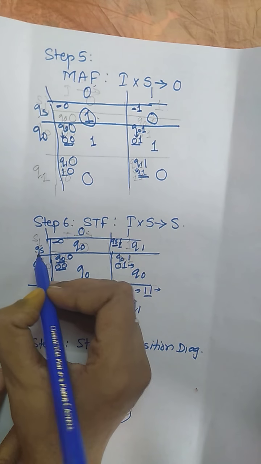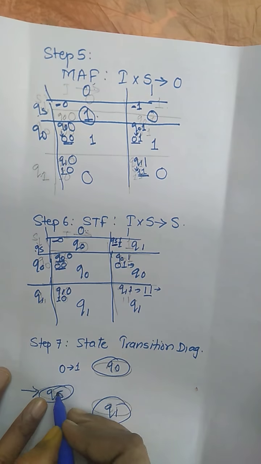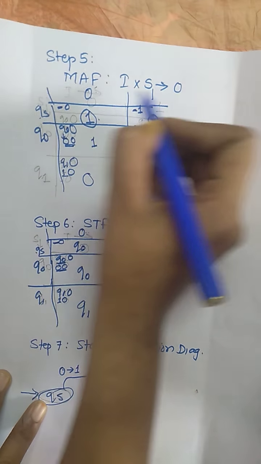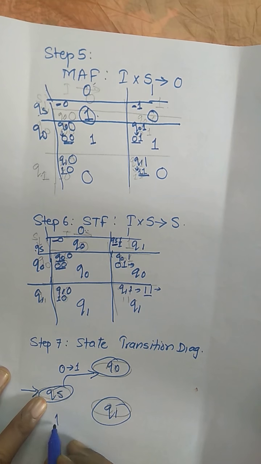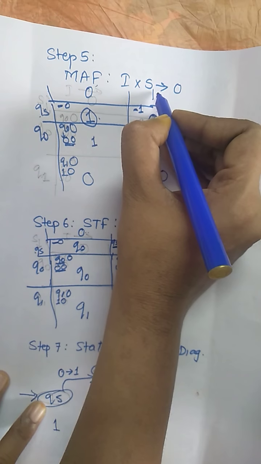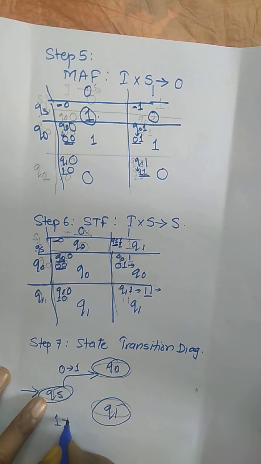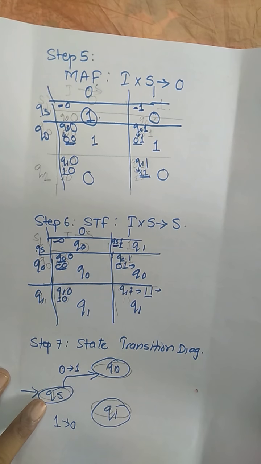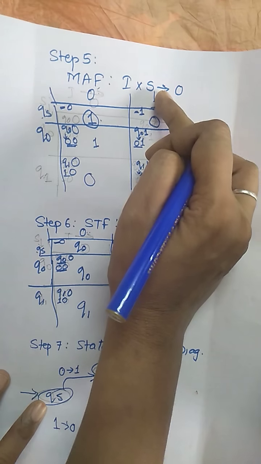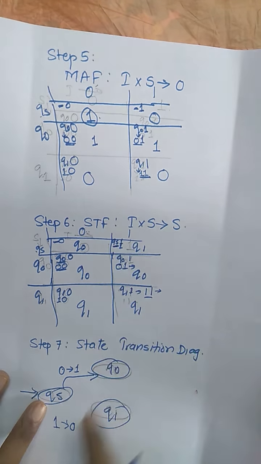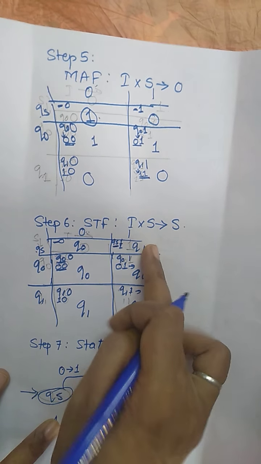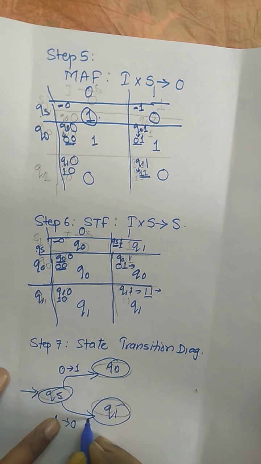Now from the state function, QS on 0, where is it going? QS on 0 is going to Q0. Now QS on 1, this is the input. What is the output? It is 0. Input, output, input, output. Don't write in the reverse format. QS on 1 produces output 0. This is from the machine function. What about the state function? QS on 1 goes to the Q1 state.